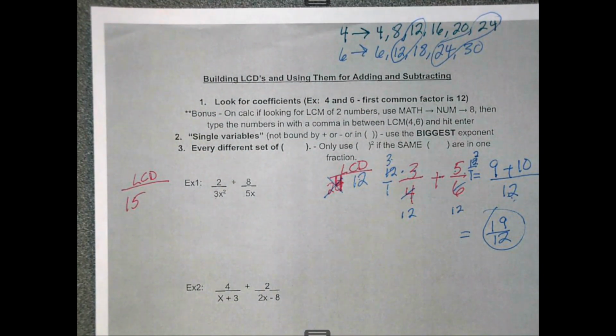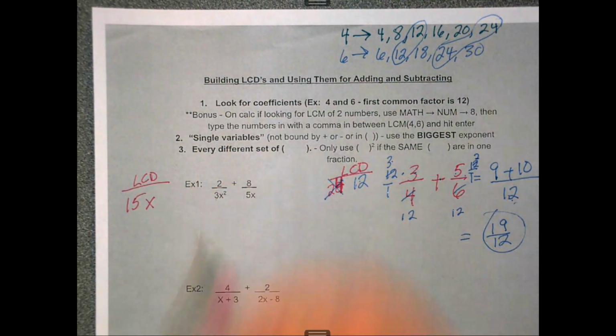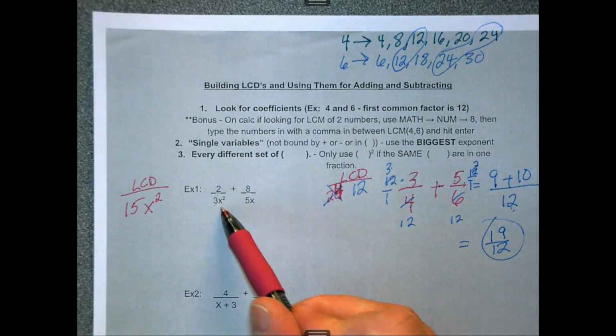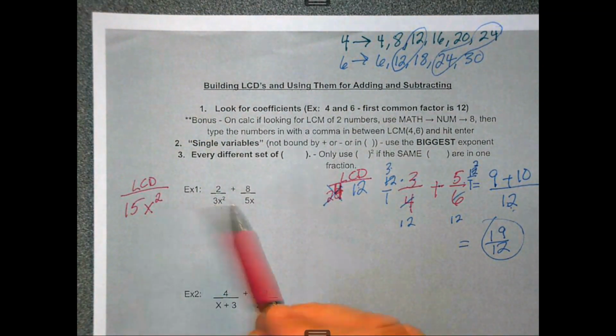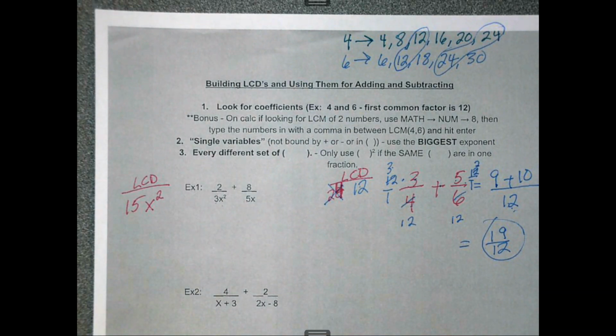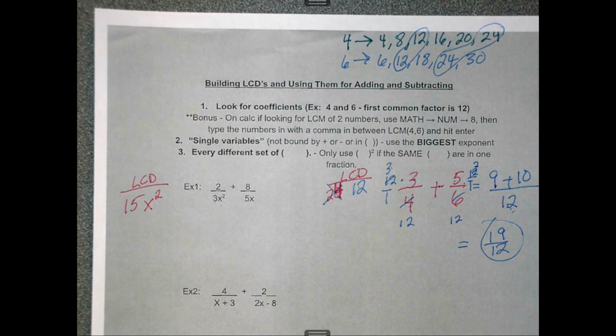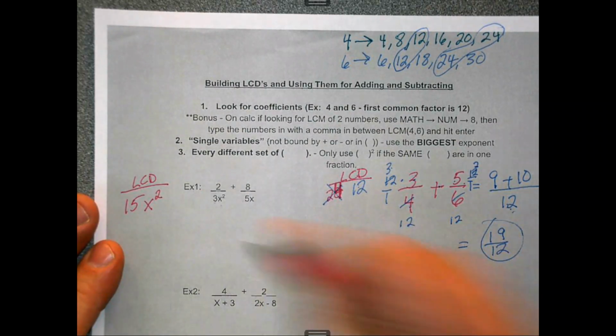Okay. Now I'm going to look at my x's. This is where it gets a little tricky. Okay. How many x's am I going to need in my lowest common denominator? One. How many did you say, Asher? Uh, two. Two. Because I have two of them here. If I only put one x there, does x squared divide evenly into x? Well, no. You need x squared, where they both can divide evenly into. Okay? So there's my lowest common multiple, 15x squared, which means